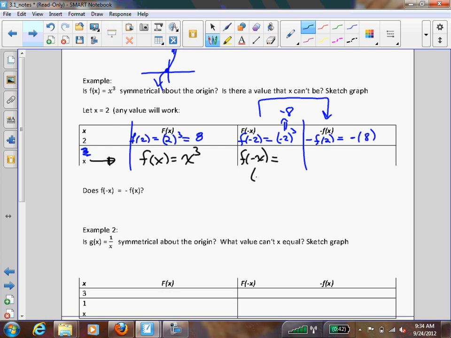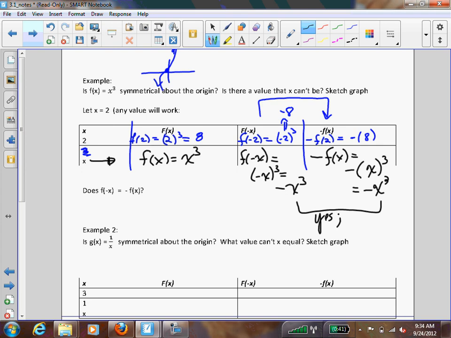Well, that is negative x to the third, which is negative x cubed, right? And my last one says take the opposite of f of x, which is the opposite of x cubed, which is negative x cubed. Are these the same? So we will say yes, it's symmetrical